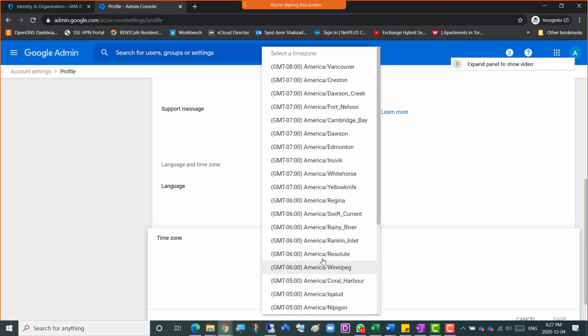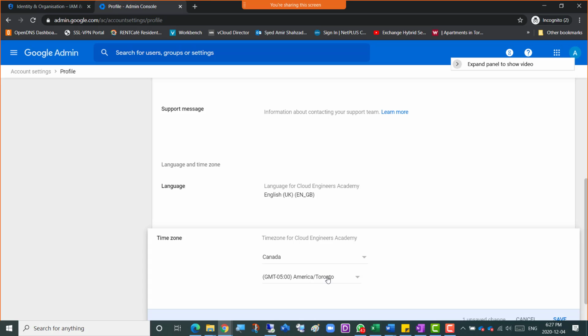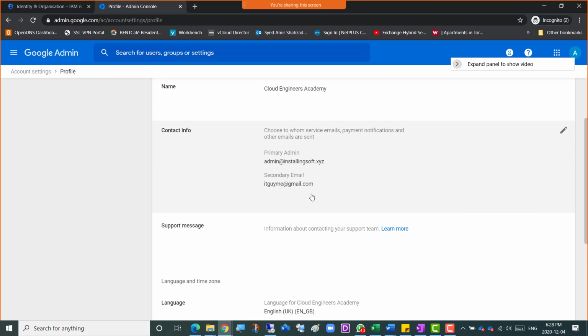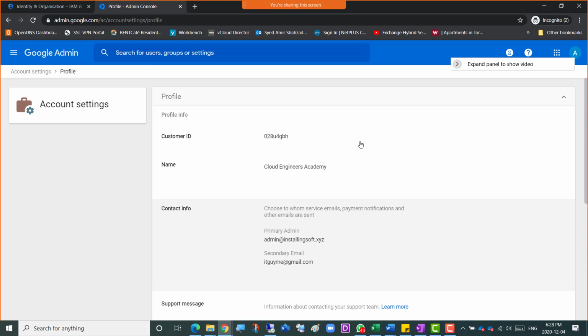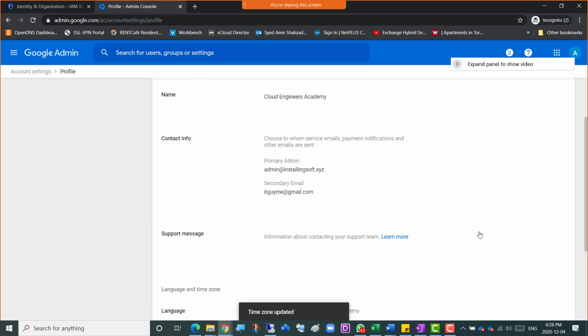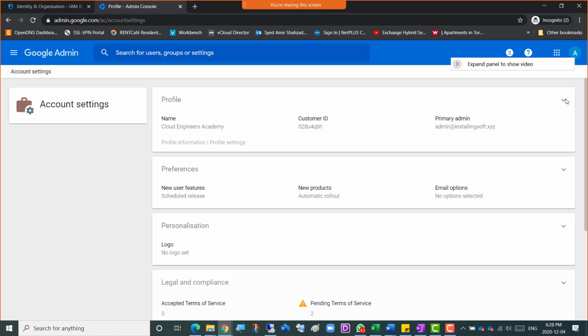In the profile I went and go for the country. Now then some of the services are, sometimes it's okay, there's America and Toronto. There's a Toronto and US as well. Okay, so support message, and that's it. And it doesn't say save any. Oh, there's a save down here. So I just click the profile here inside the account settings and just put my country information, and then click